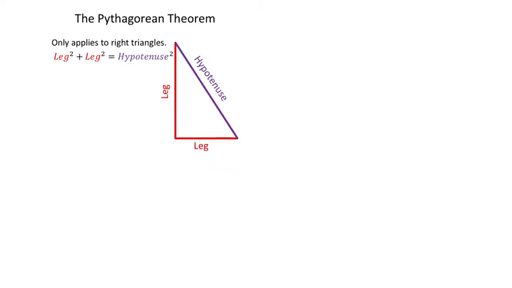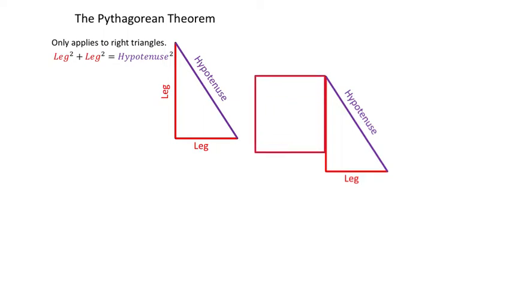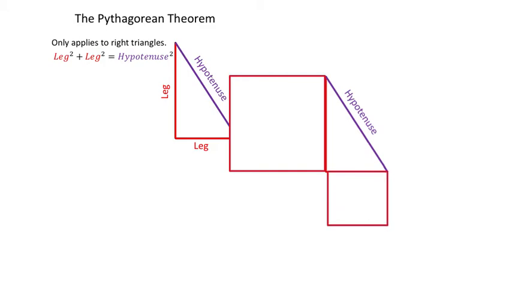Let's take this drawing and move it over here, and let's pretend like my drawing is good. Okay, so with this, if I were to take this leg right here and make it a square, and I'm trying to use technology to make this work, that seems okay. And then this one also, this leg, if I were to make a square out of that side length, then as it turns out,